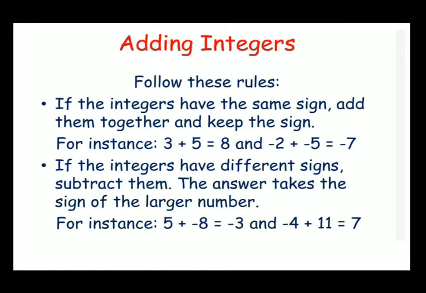Here is another example: 5 plus minus 8. Here 5 is positive and 8 is negative, and both are opposite, having different signs. So what we have to do? We have to simply subtract. 8 minus 5 is 3. So first write down 3. After that, which sign do we have to put before 3? Here you can see that 8 has a negative sign and 8 is the larger number. So we will put a negative sign before the answer. So the final answer will be minus 3.